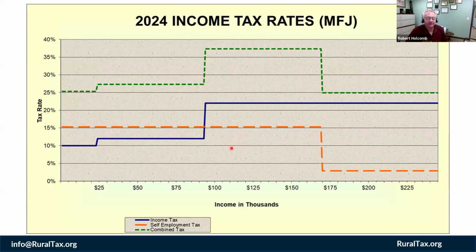The green line is just adding the two up. Now, if you live in a state with a state income tax, this is not taking that into account. All we're doing is looking at regular tax and self-employment tax, and what those